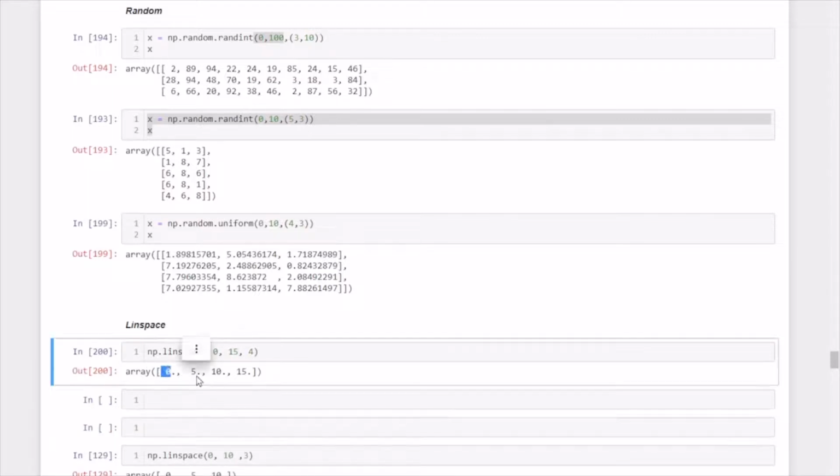That means 0 to 5. So the difference is 5. Again, it increased by 5. So 5 to 10 and 10 to 15. Similarly, you can use